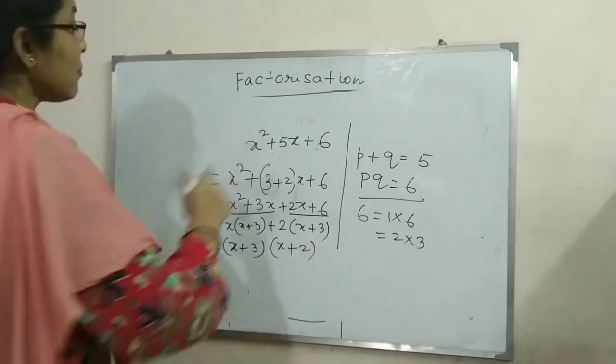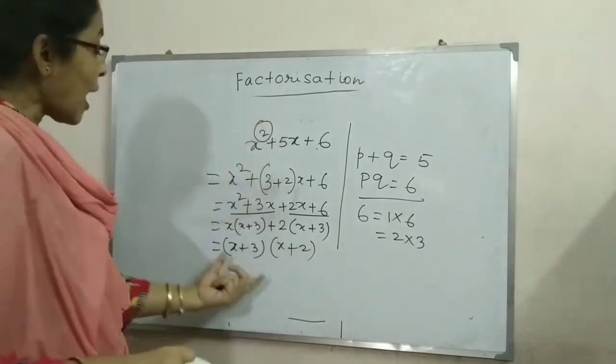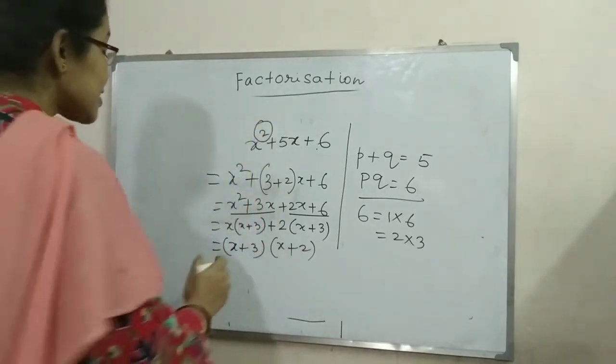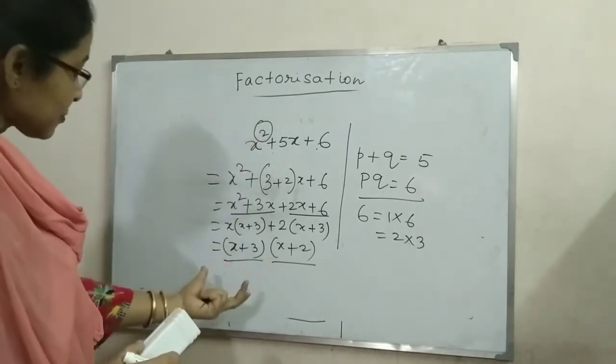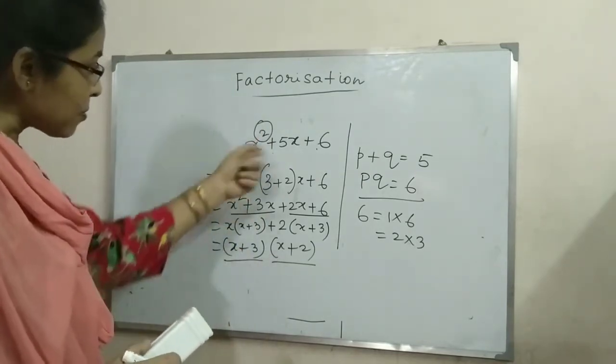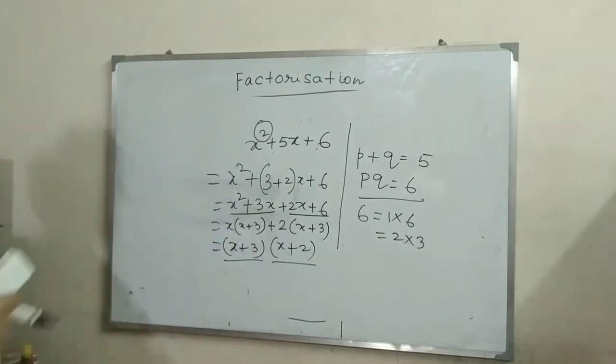Here the maximum power of x is 2, so I have two factors. One is x plus 3 and another is x plus 2. These are the factors of this expression. It is the factorization